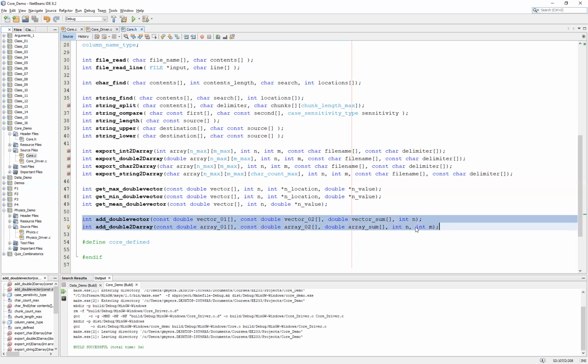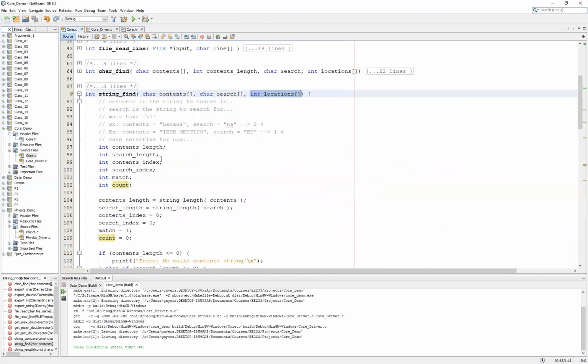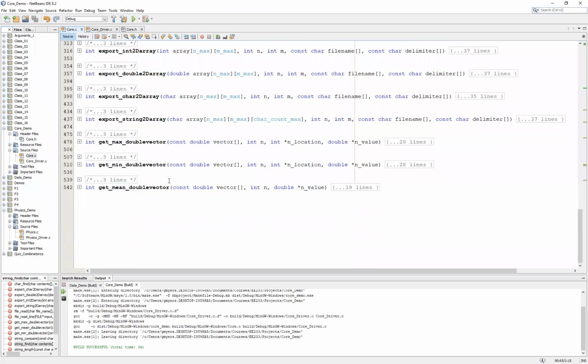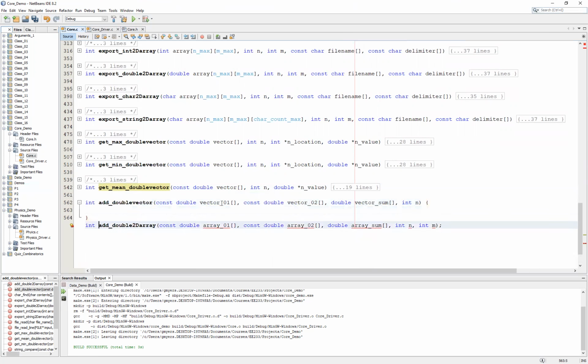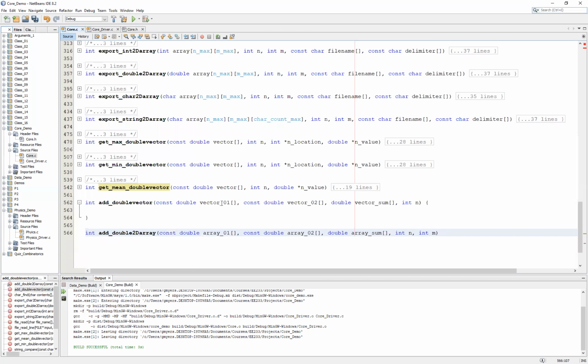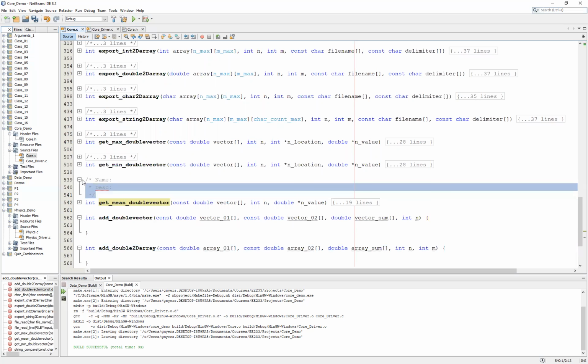I'm going to go ahead and copy the two prototypes over to our core.c. We can go all the way down to the bottom and paste these in. A little bit of cleanup, take the semicolons out, and add the curly braces. As before, we also want to use the name and description comment header,